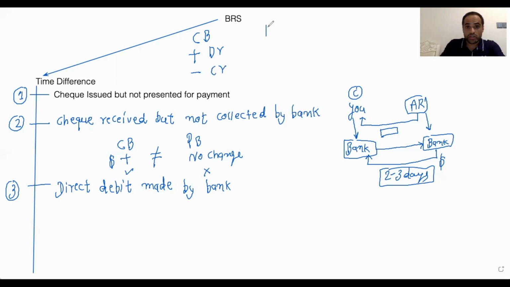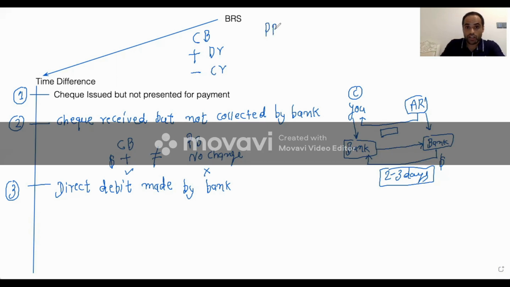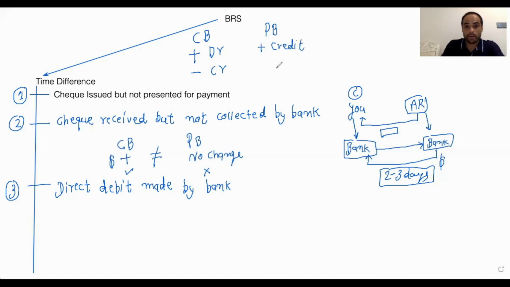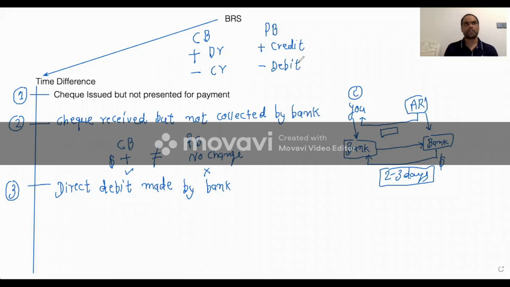But according to the passbook, according to the bank, cash in, we call it credit. Always remember. And cash out from your bank account, so your bank account will be debit. Always remember. So have you ever heard in our general life, or probably in business language, we always say